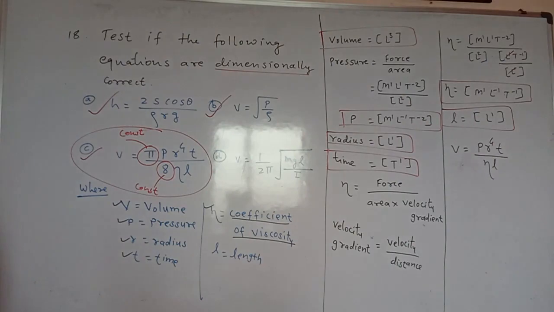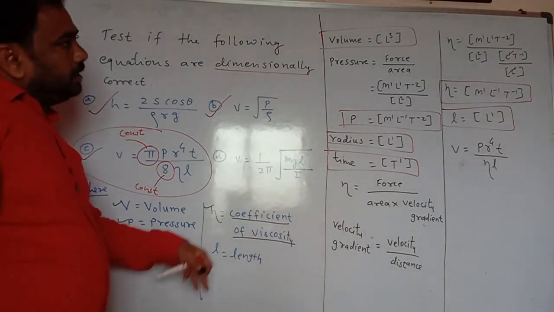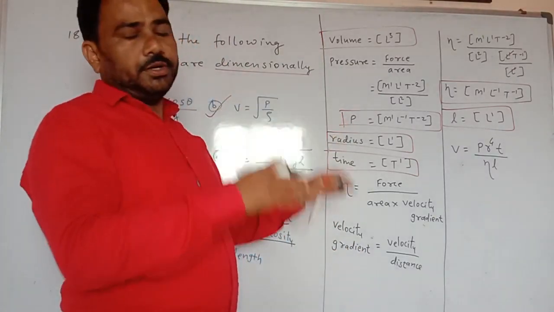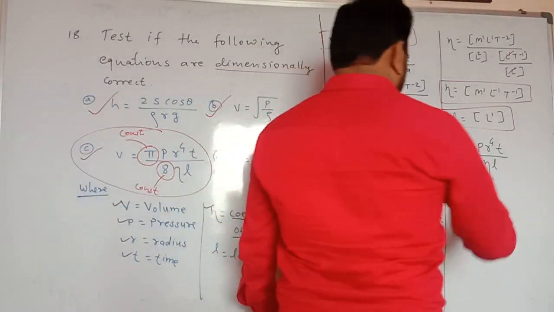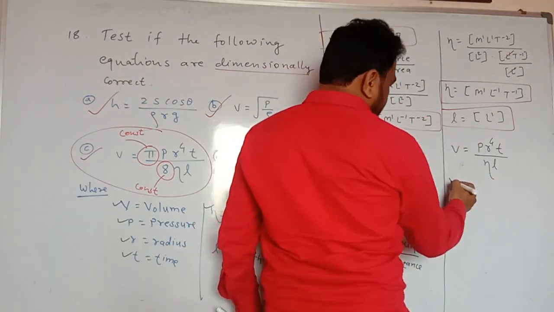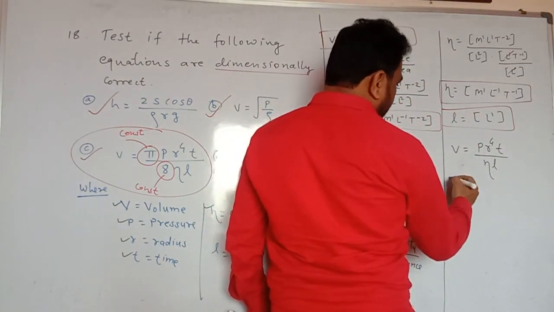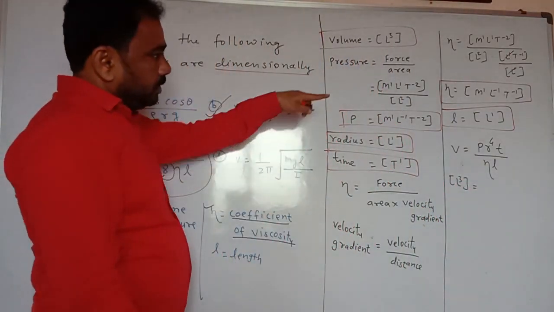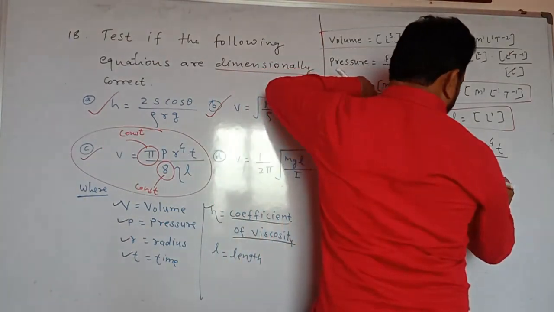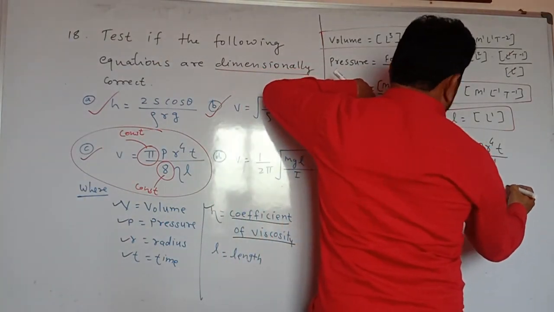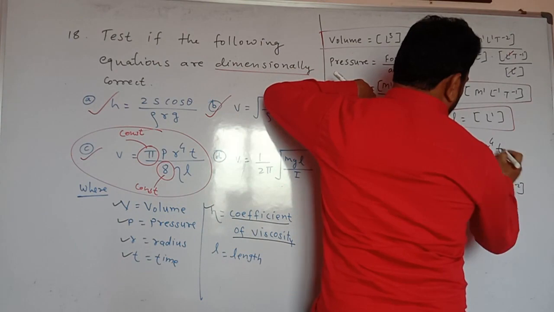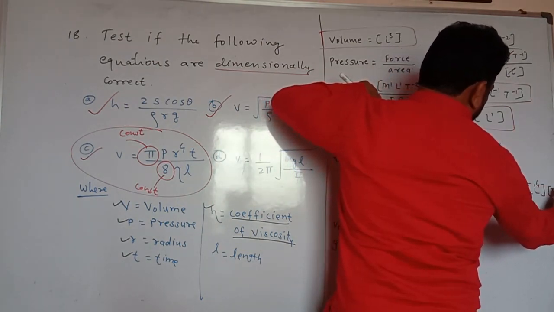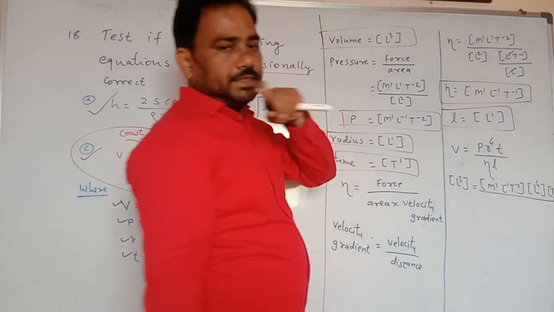Okay, so after calculating the dimensions of all physical quantities, we have to put those dimensions in this particular equation. So volume means what? That is L3 is equal to pressure. So the dimension of pressure, that is M1 L minus 1 T minus 2, r means radius, so it is L4, and t means time, that is T1, divided by, see here,